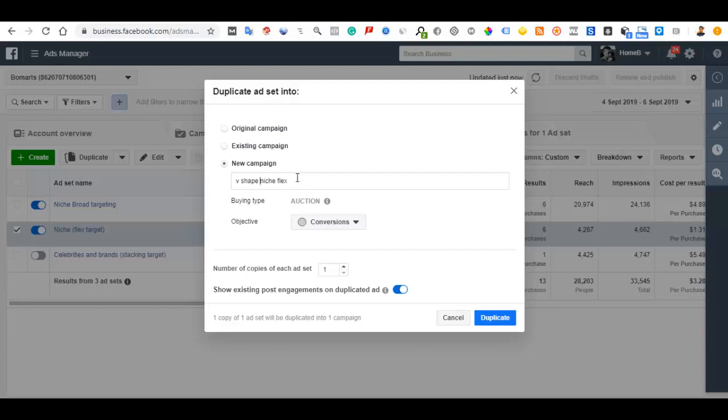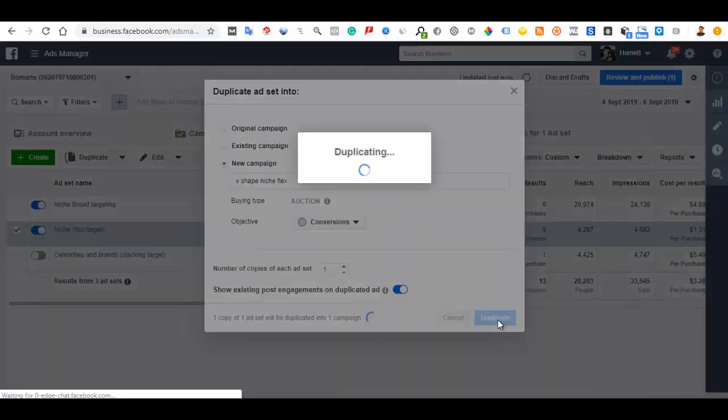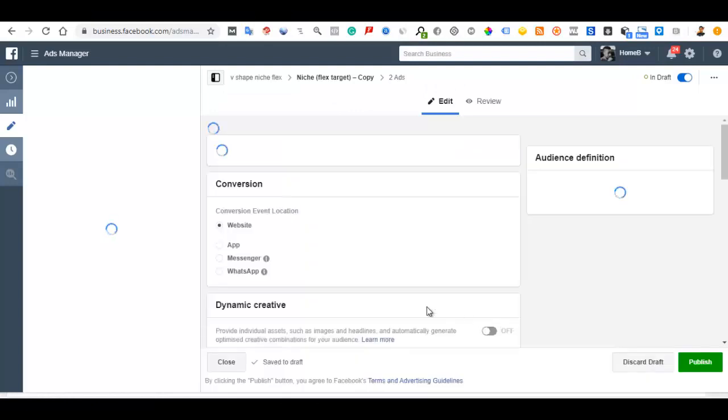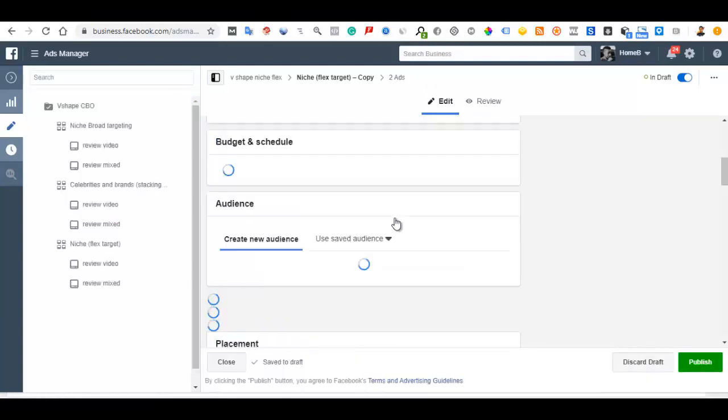It takes really quite a while for them to approve this, probably because it is quite a fresh ad account. That's why I'm having them taking so long to approve the campaigns. Okay, because that's what I've been experiencing. So when you have a fresh account, it's going to take a while for them to approve your campaigns. Okay, so let's just duplicate this, and what I want to do is I'm going to be spending